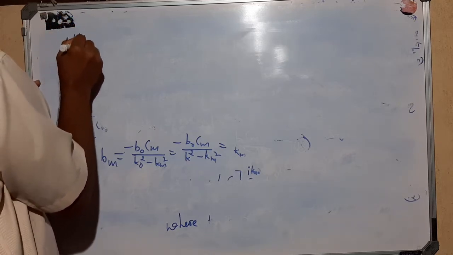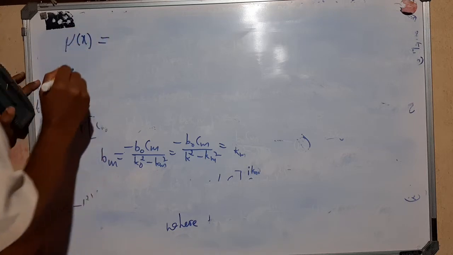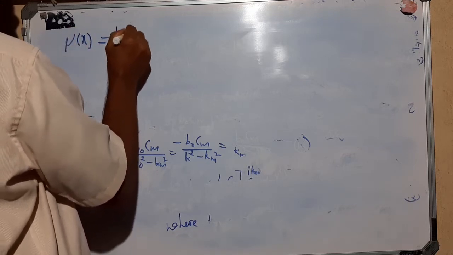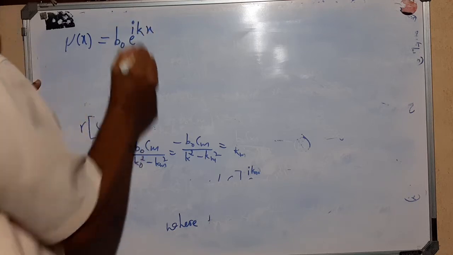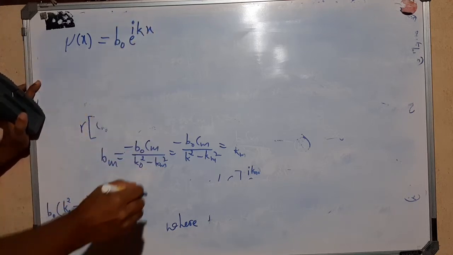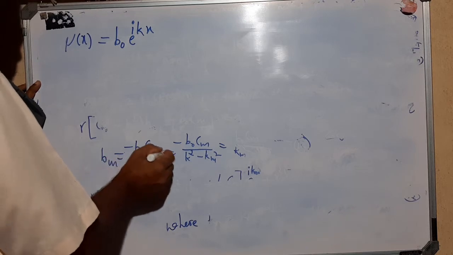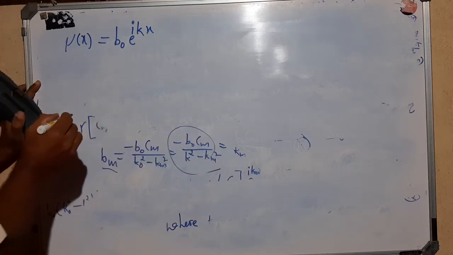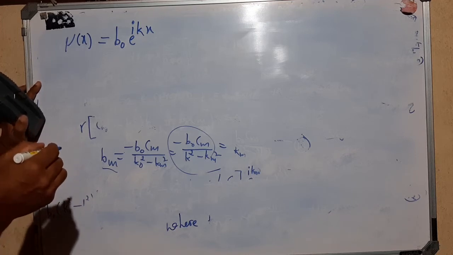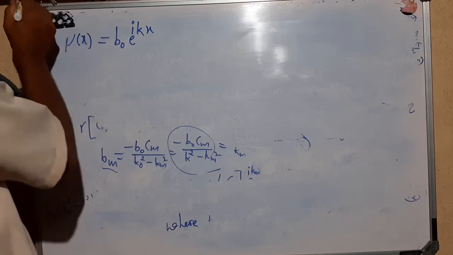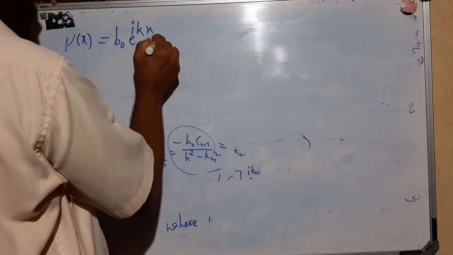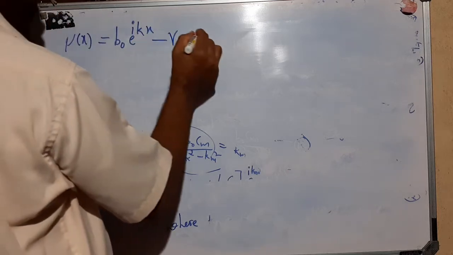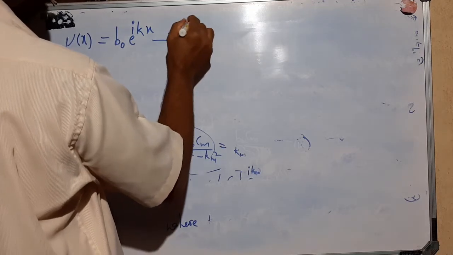Xi of x is equal to, right, b naught into e to the power ikx. Now, here the negative sign is there, right? So, bm in the place of this, right? So, what happens? Gamma minus, because of this sign, minus gamma into e to the power ikx